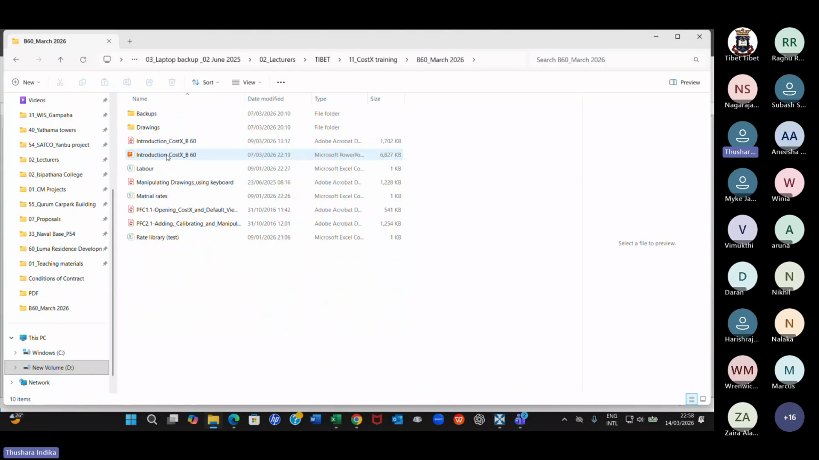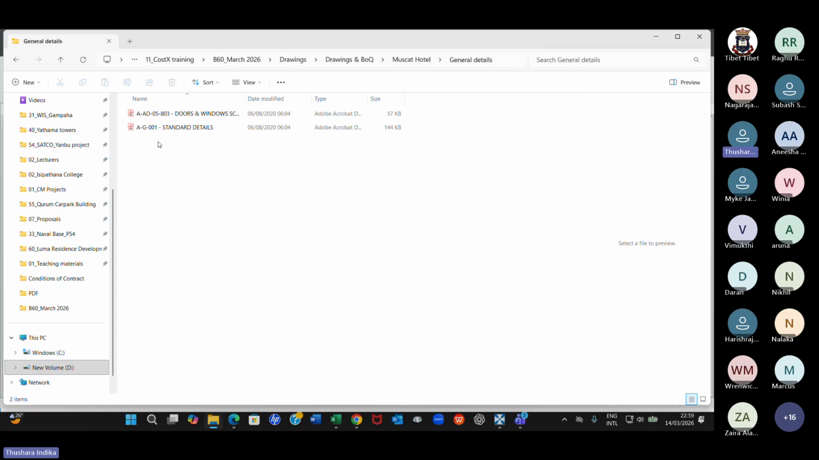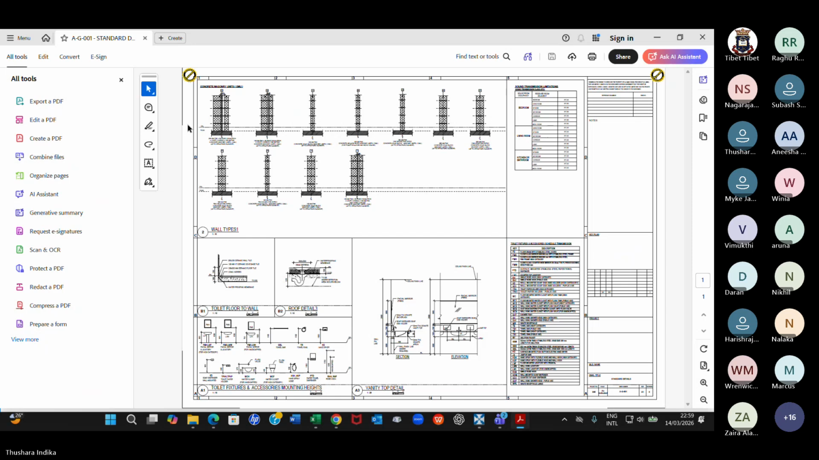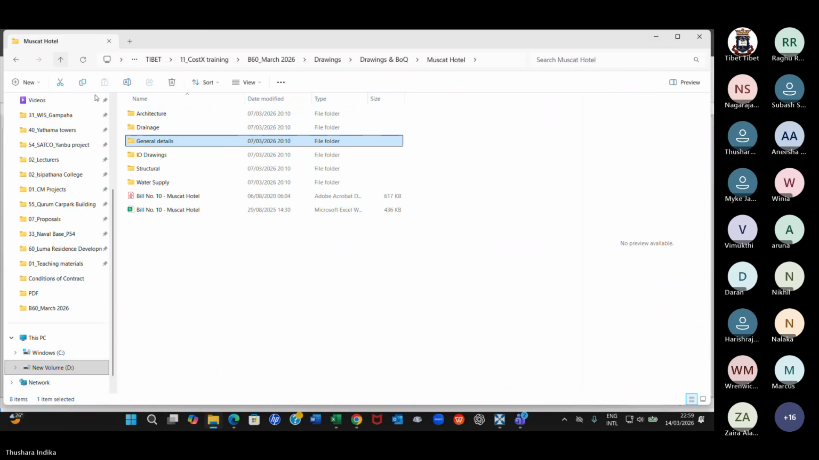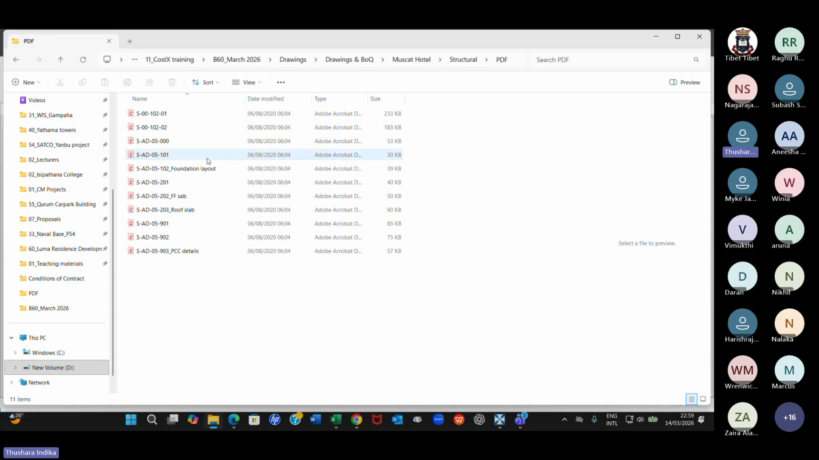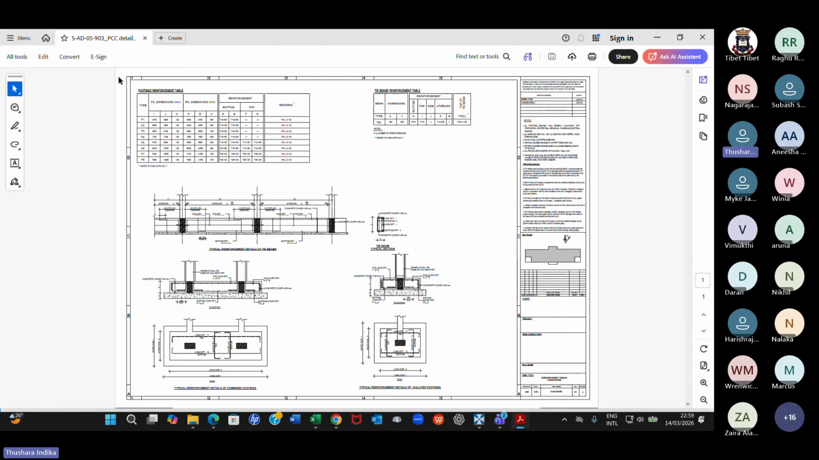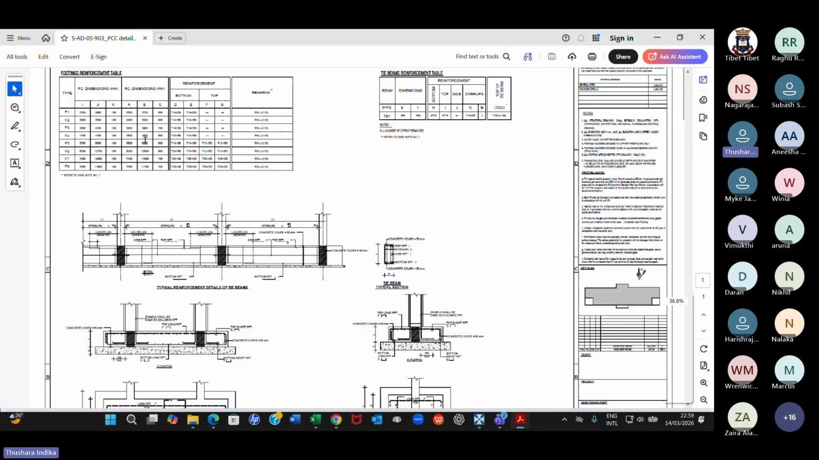If you want to see drawings, Muscat Hotel, general details. Here you have standard details. Now that's the block work. Doors and windows, structural, let's say PDF. Yeah, here. If you go to drawing SAD 5933, PC details, you can see the foundation sizes,